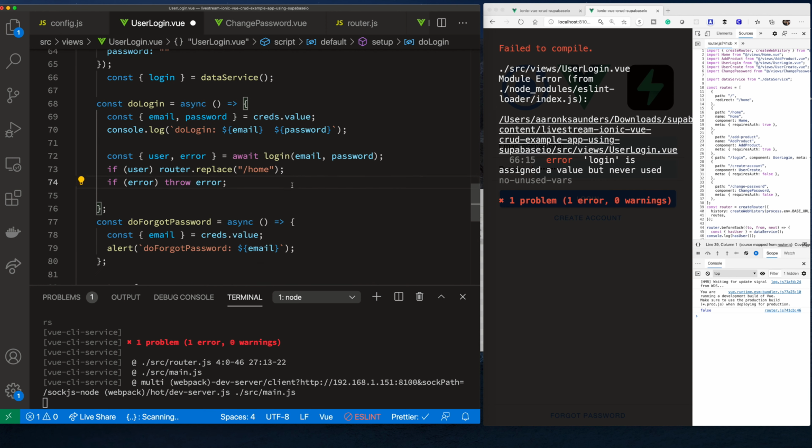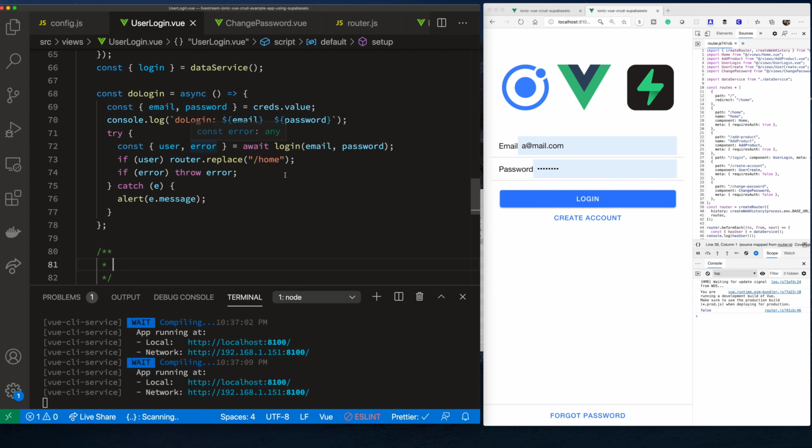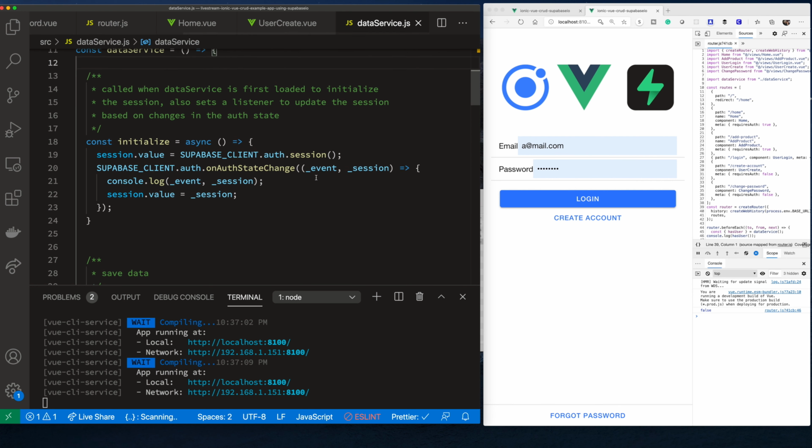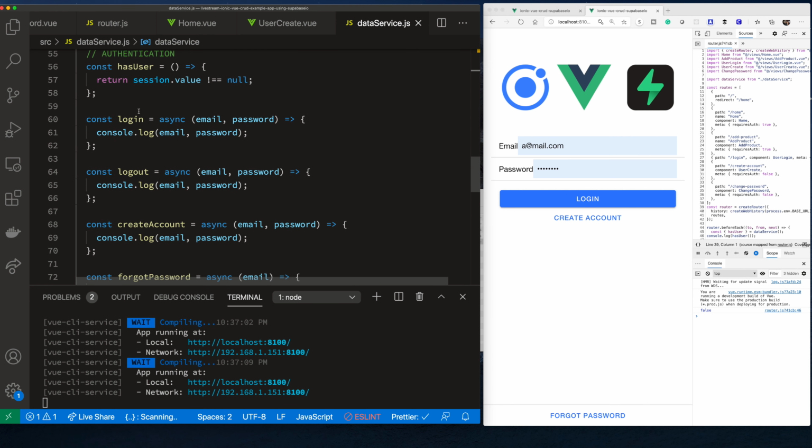Okay, let's put a little bit of space in there. Let's go back to, I don't think we actually implemented the login. Let's go to data service. We're going to do very much the same thing we did here inside of data service. So let's go down to my authentication. All right, we have our do login, and inside of my do login,